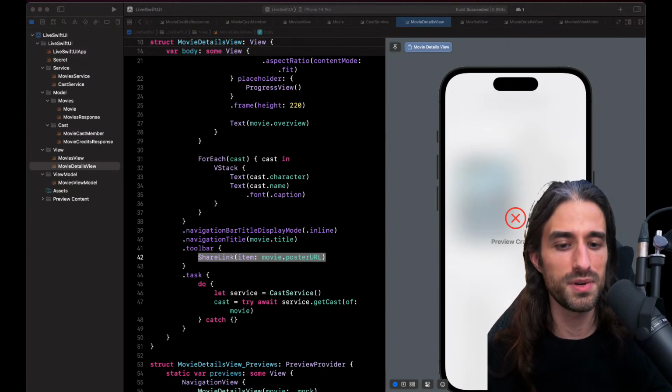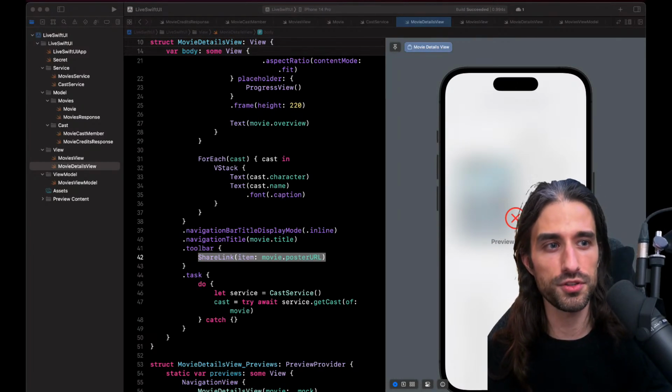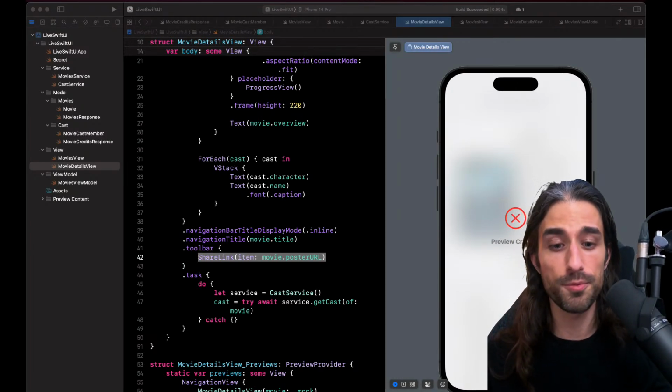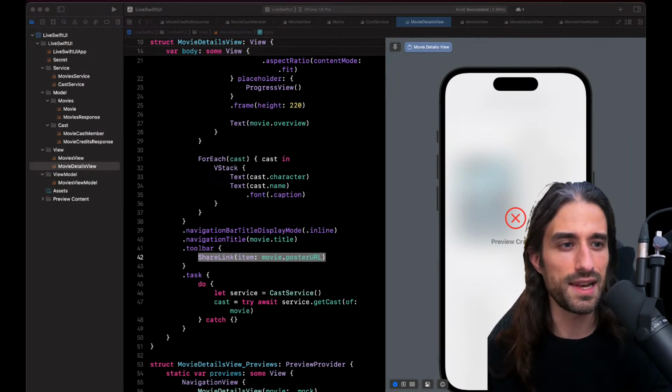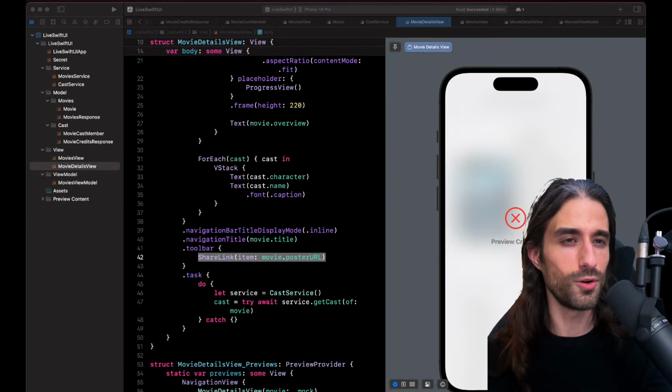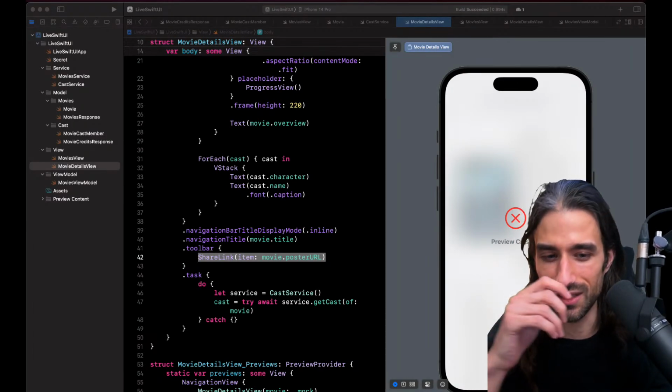We talked about what @Published was, where it was super important not to forget these property wrappers, otherwise your UI won't update, basically. And let me tell you, it happened to me recently to not understand why my UI didn't update, only to realize that I hadn't annotated a property in a view model with @Published, and I had lost like half an hour on it. So be on the lookout for it. It can happen faster than you think.